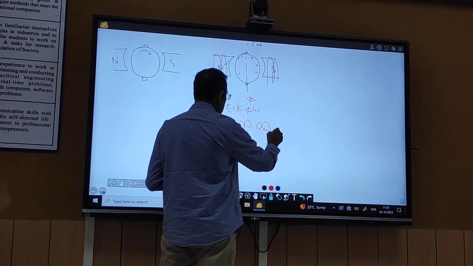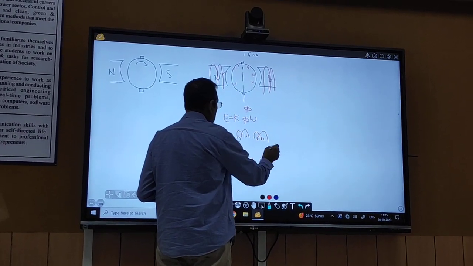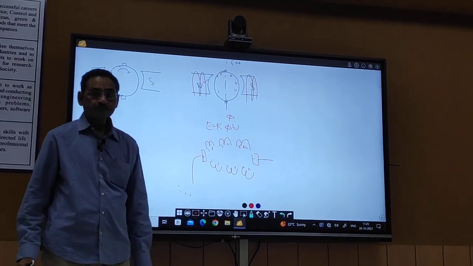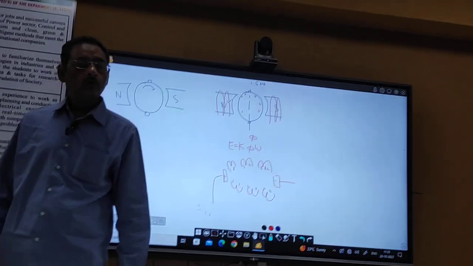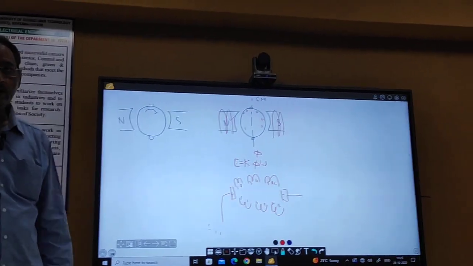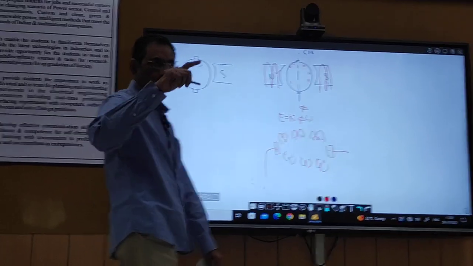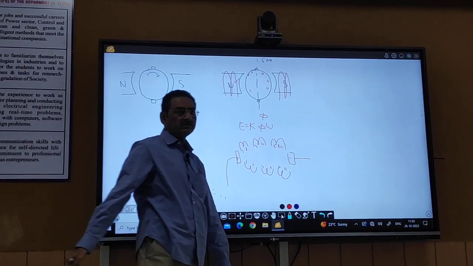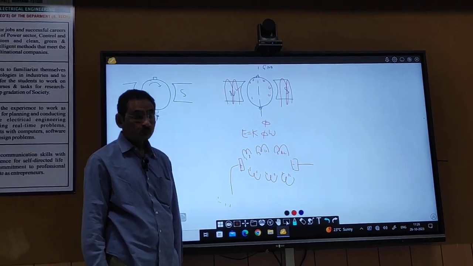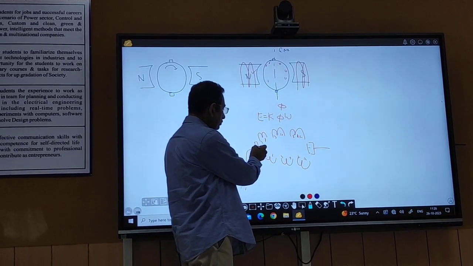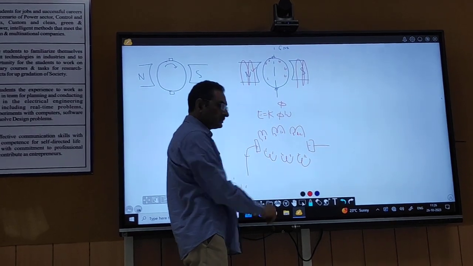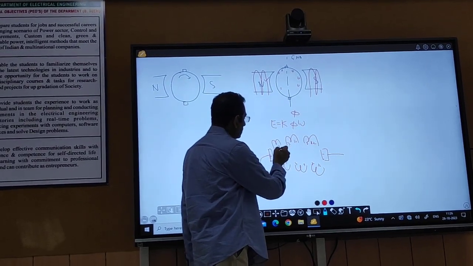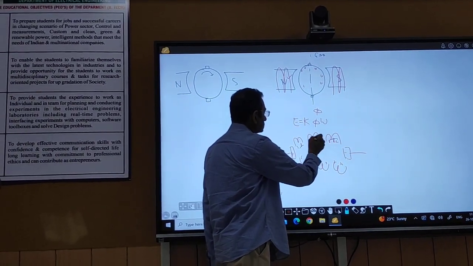This winding was for 12 conductor sides and 6 coils. So these are the 6 coils, and the details of this winding were described in the class. Here you see this is the positive brush, so here the current is coming out. From where will this current come? Current flows here like this, like this, like this, in this direction.